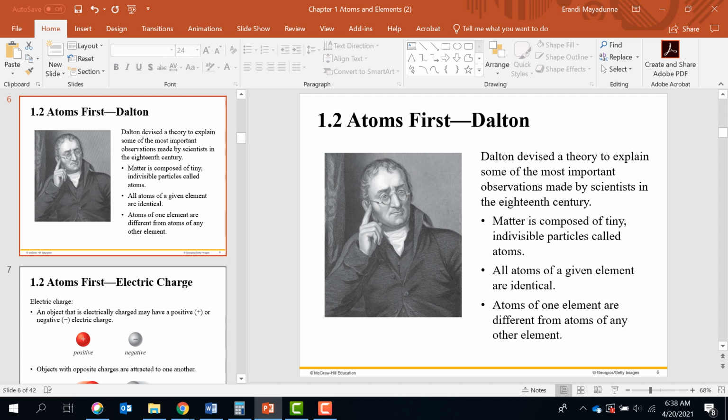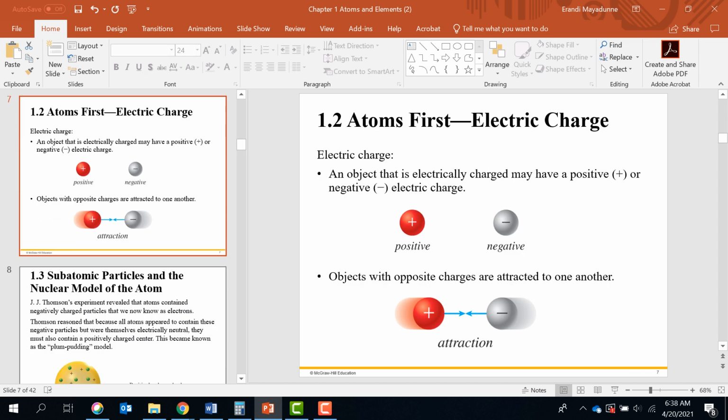So how do you know elements? Elements are in the periodic table of the elements. So each atom, oxygen atoms, are different from hydrogen atoms. But if you take oxygen atoms, they are all identical. So the atoms,